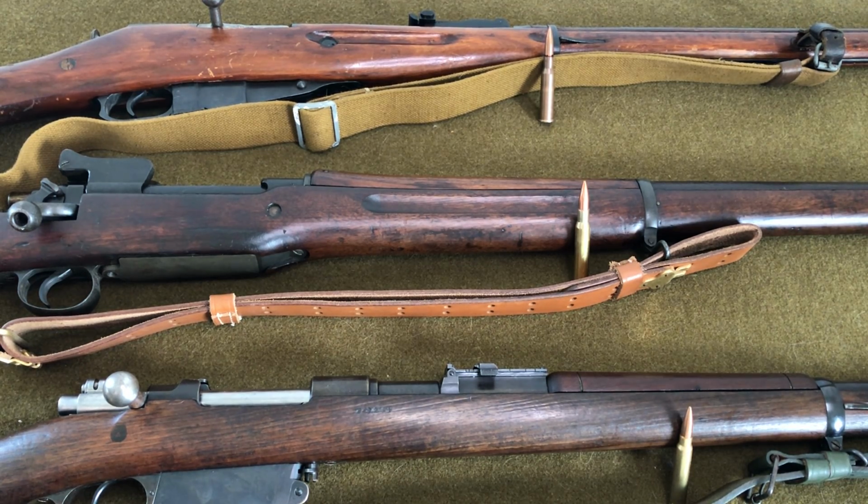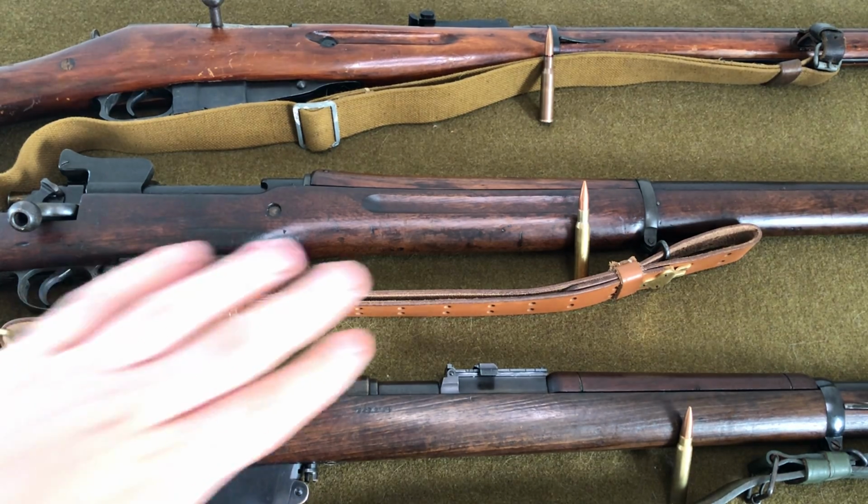It's very commercially available. You can still actually get surplus because many nations use that caliber, that cartridge, and I think some nations are still using it. I don't know if they're still producing it in a surplus capacity. But the ammo availability, you're going to be able to go to Walmart. You're going to go to basically any place that stocks ammunition, and you're going to be able to find 30-06